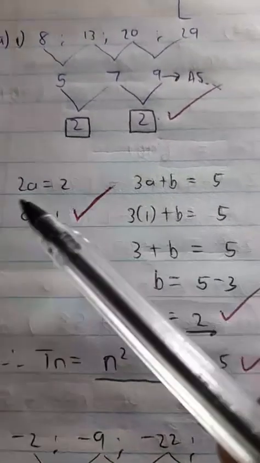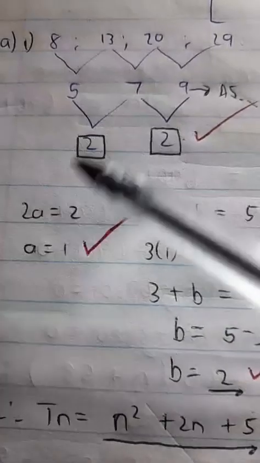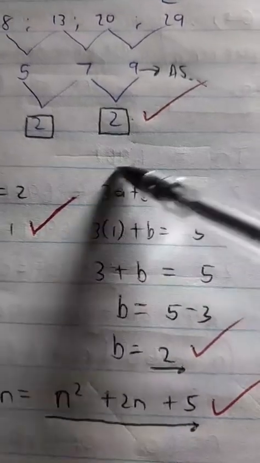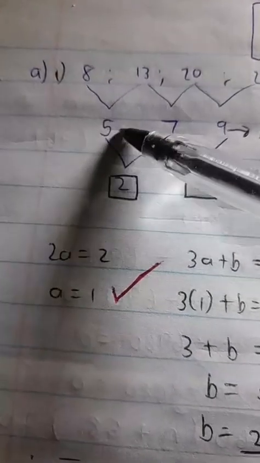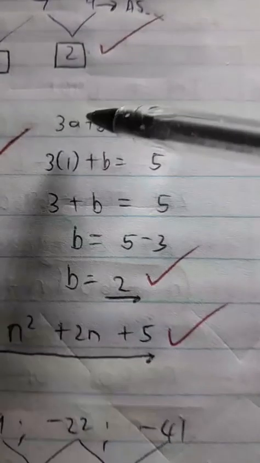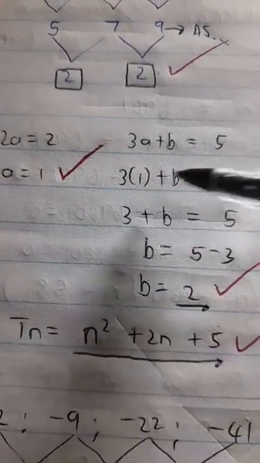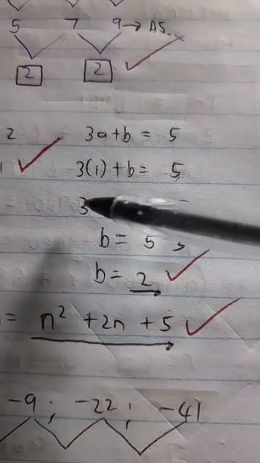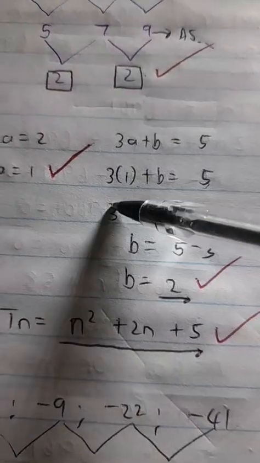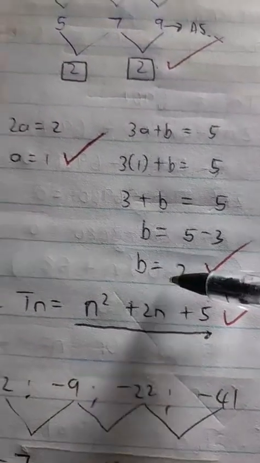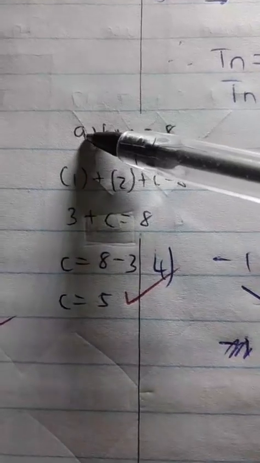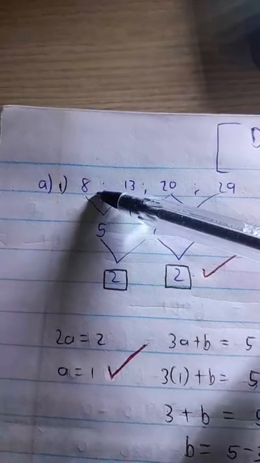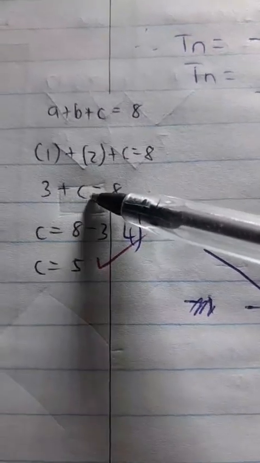Then obviously, for the expression, we use 2a and equate it to the constant difference. We find a. Then we take 3a plus b and equate it with the first term in the first difference. Then we solve for b, substituting a and remembering our laws of transposing. When things get transposed, they change sign so that we get the right answer for b. And then last but not least, we use the expression a plus b plus c, equating it to 8, which is the first term of the original sequence, and then we get our c value.